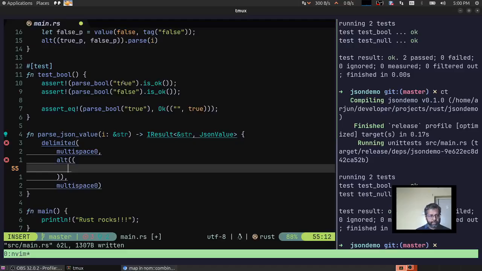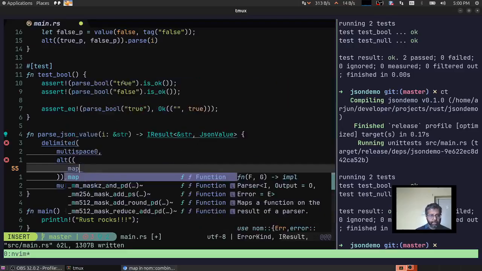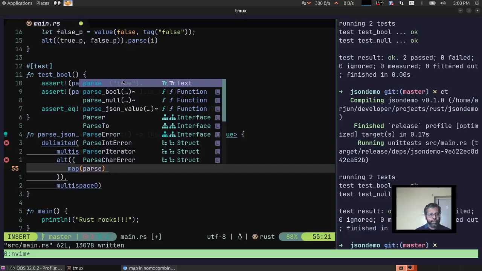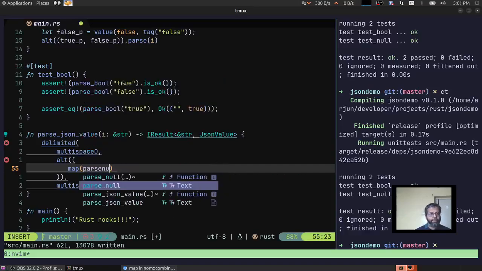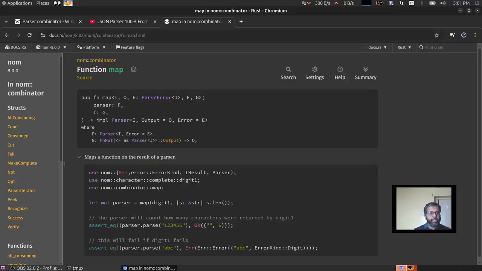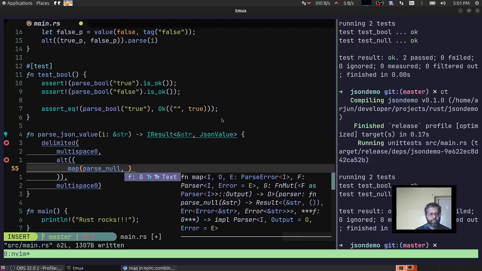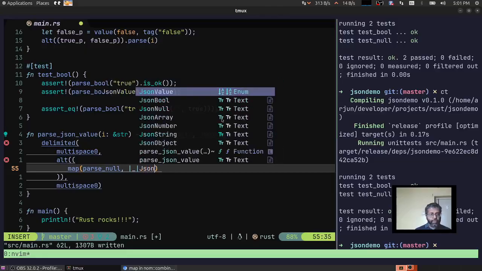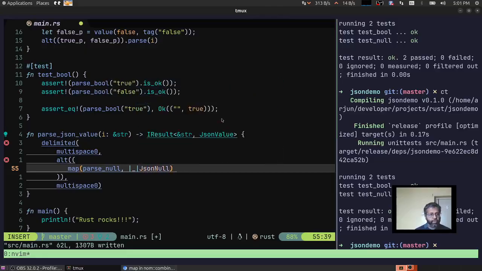So we'll say map, and then we're going to have parse null, and map takes a parser and a closure. Okay, we don't bother about the unit type, we just get the JSON value. So this is going to be